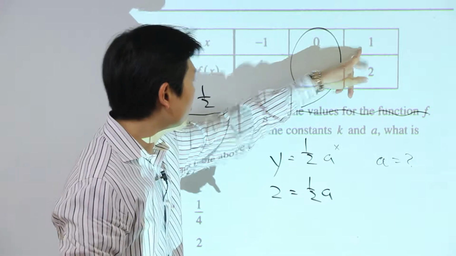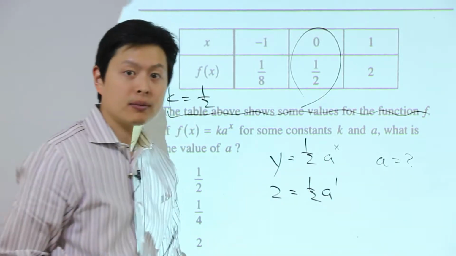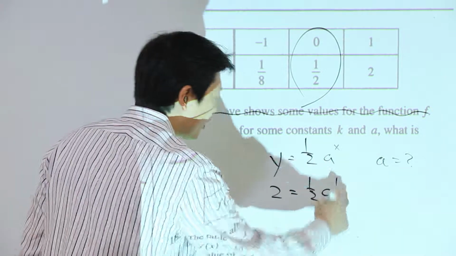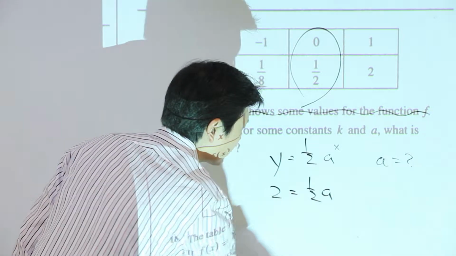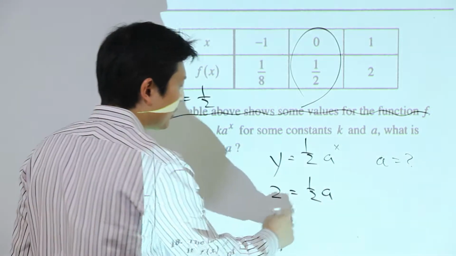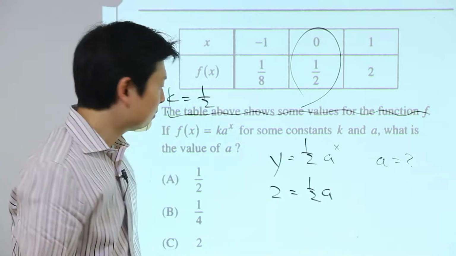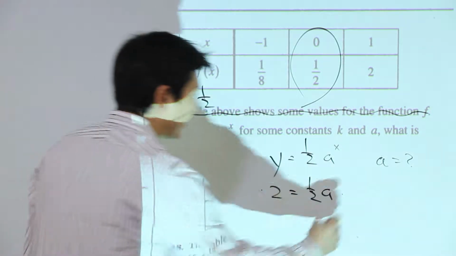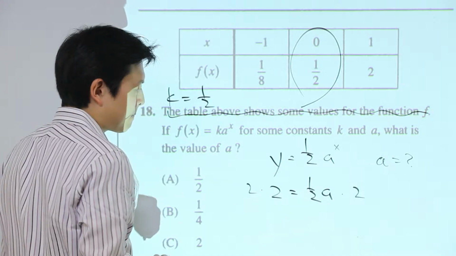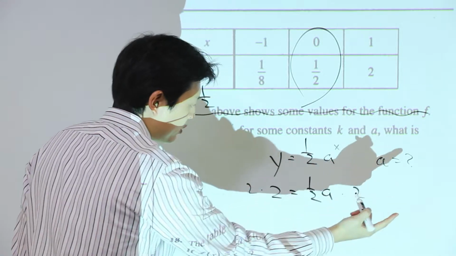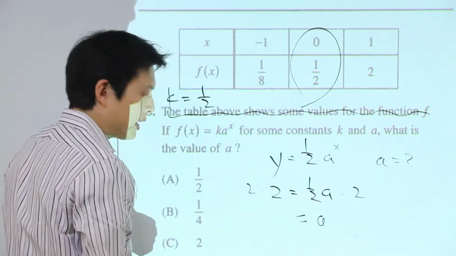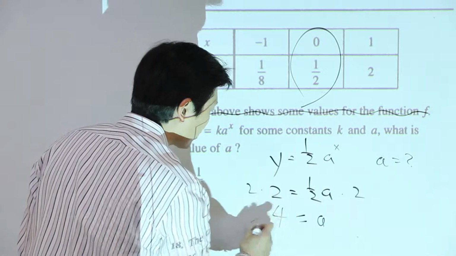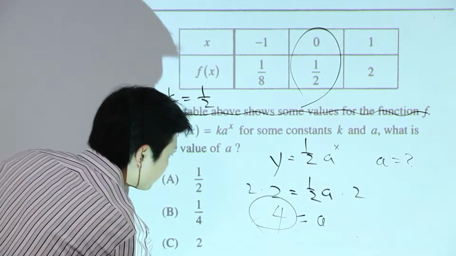X is the 1 in this case, so it's the 1, right? So a to the first is just an a, right? There's no difference there. So that tells me that 2 equals half times a. How do I just find a? Multiply both sides by what? By 2. Right? So half times 2 is just a 1. So I get a, 1a, is equal to a 4. So 4 will be the correct answer